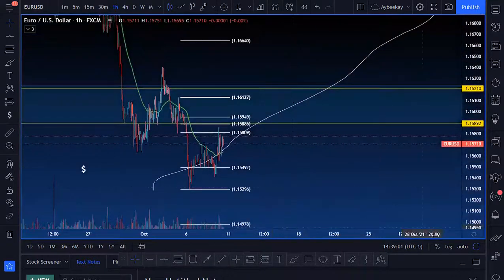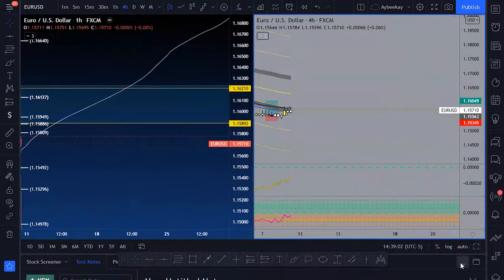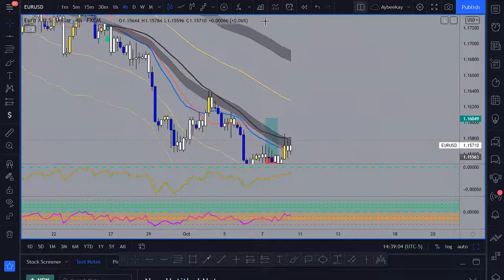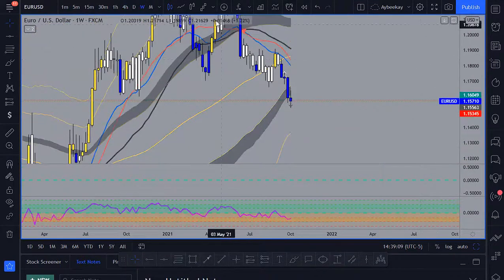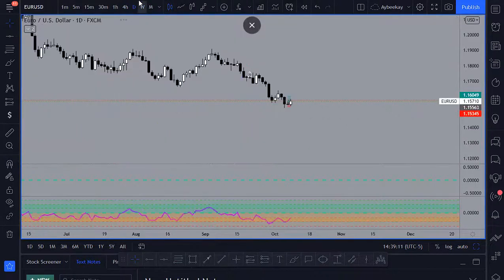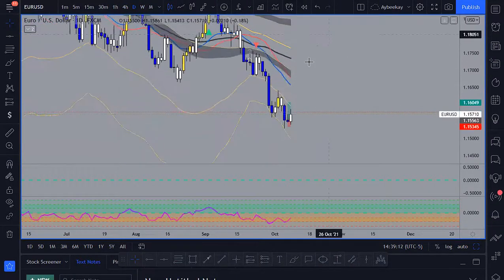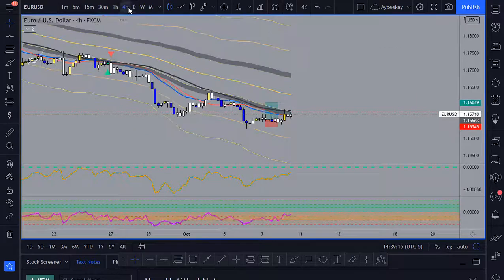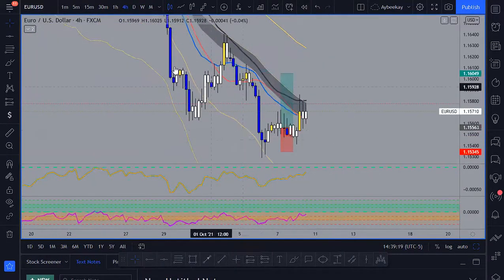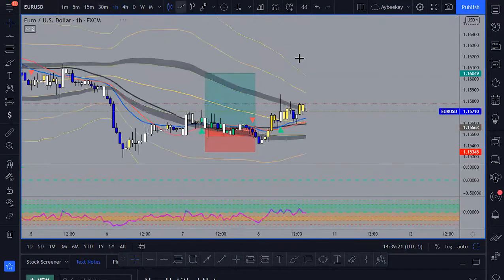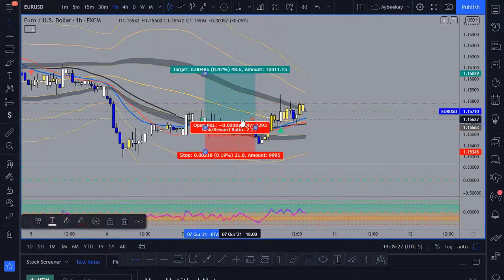So DXY, I mean, Euro USD, not really one of my favorites to try to trade this week, right? At the end of the day, I'm probably going to end up trying to see what this 4-hour time frame is going to be talking about, because it is setting up for a potential buy. But yeah, and this was for arbitrage users.